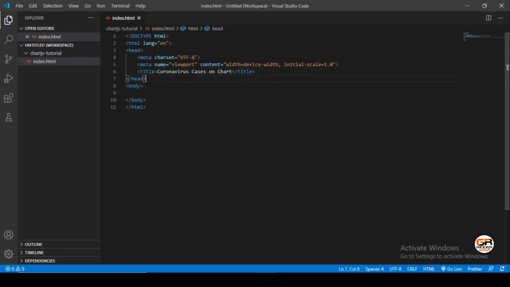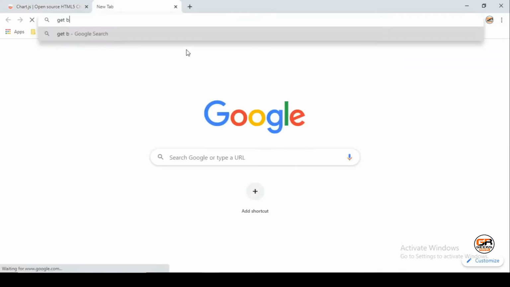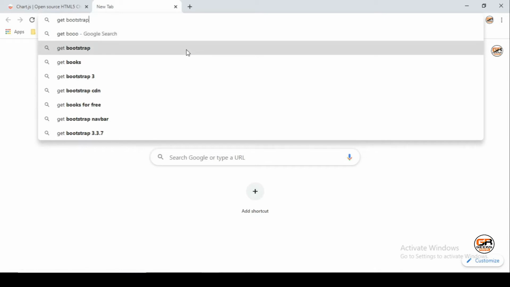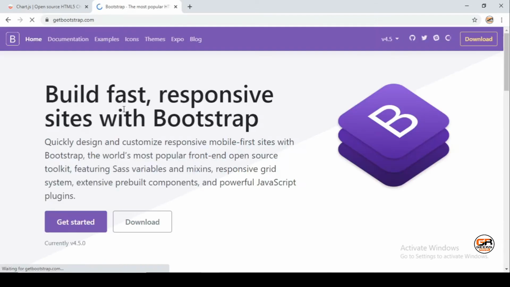And for styling we will use bootstrap. Let's grab the bootstrap CSS first from getbootstrap. Just open it and grab get started.